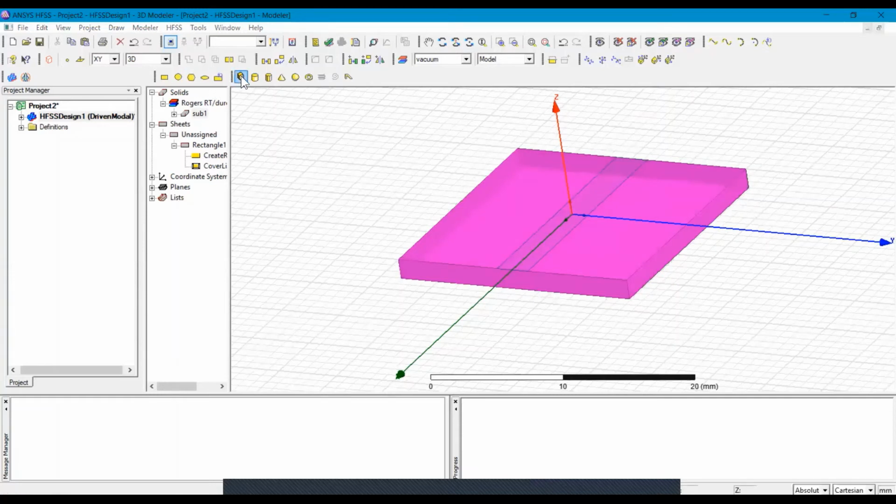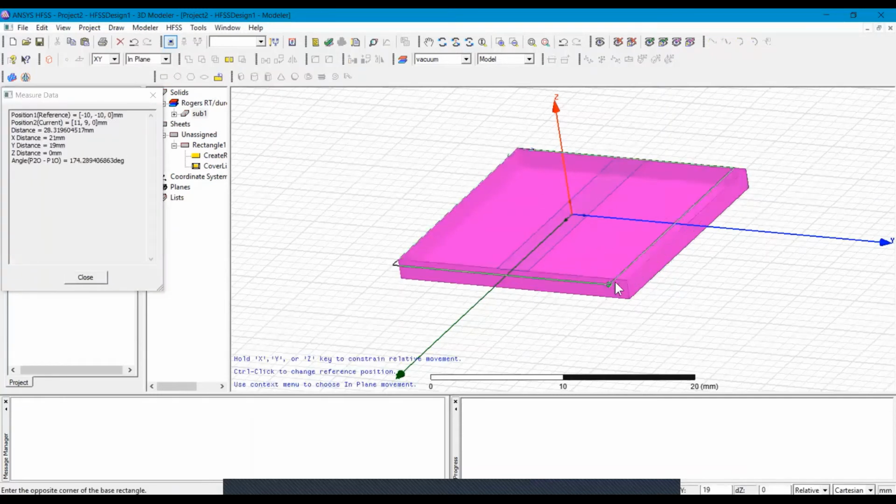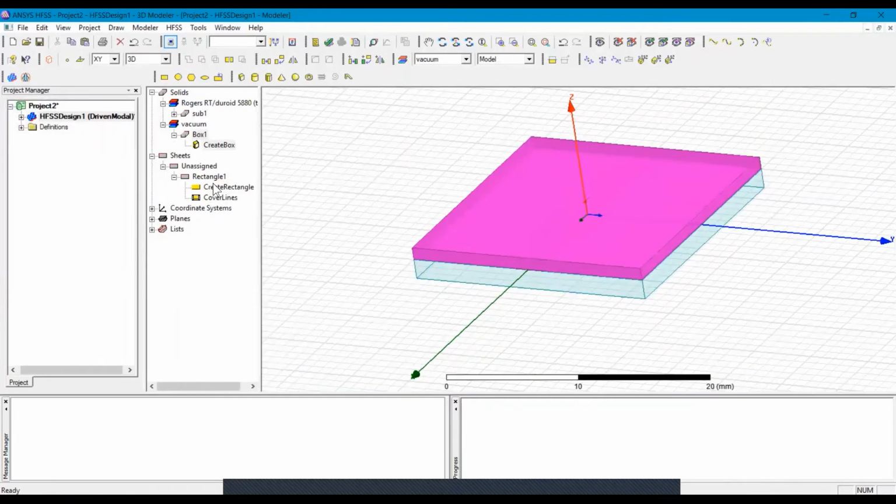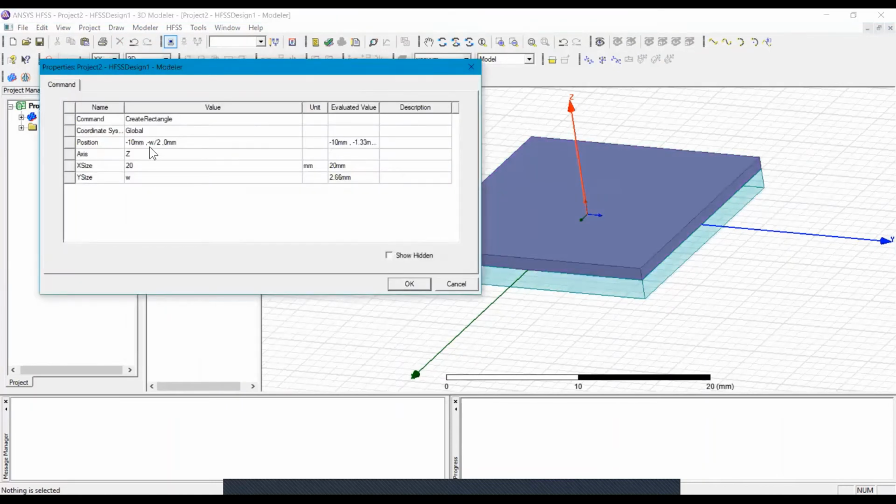So here I am redesigning the substrate. And in this box, again, I have to give the height as h by 2.